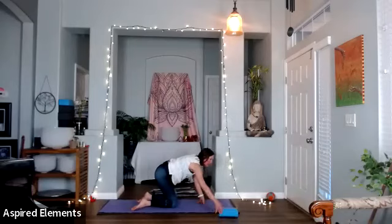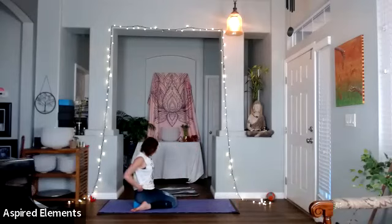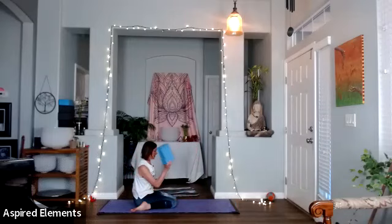Then you're going to sit back either on a block, maybe two blocks. So if you have knee issues, you're going to need to use blocks. Otherwise, sit between the legs. Pause there. Hands on the knees. Relax your shoulders. Soften. Now, if that's too much, too intense on the knees, use a block, or you could